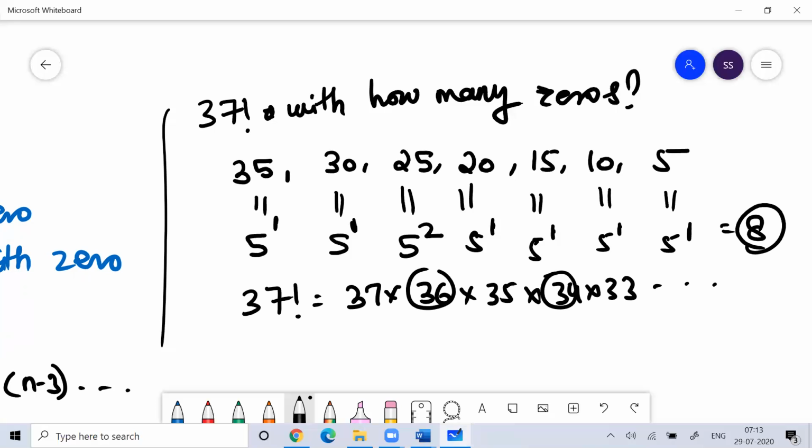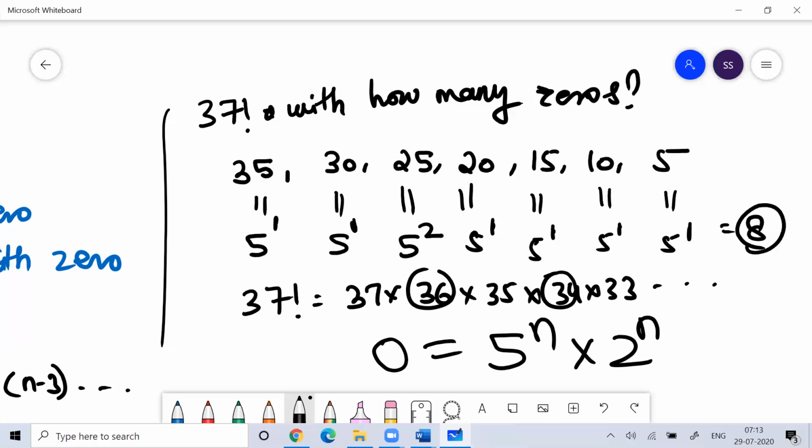So if you break them into their prime factors, you know that 2 will come. The objective here is not to run behind 2, because when you talk about zeros, a zero comes when 5 is multiplying with 2. So you need to figure out how many 5s are multiplying with 2. There is an abundance of 2s, so you just need to count how many 5s are there. If you can count how many 5s are there, you can easily get how many zeros are there.